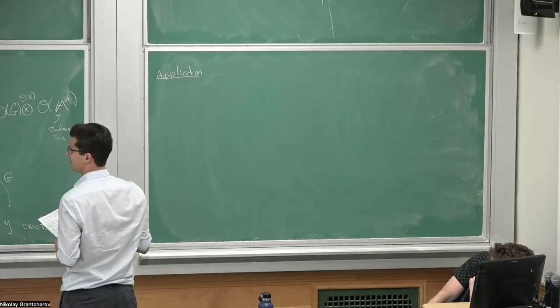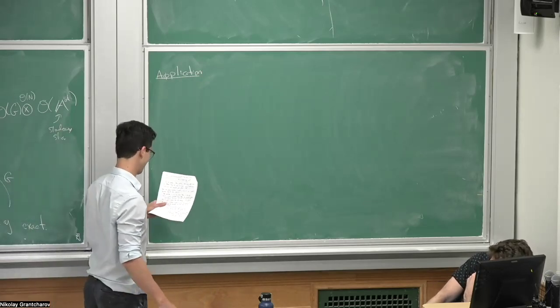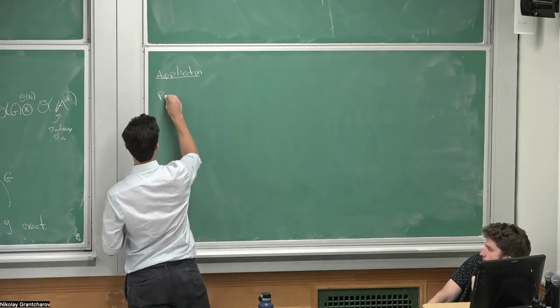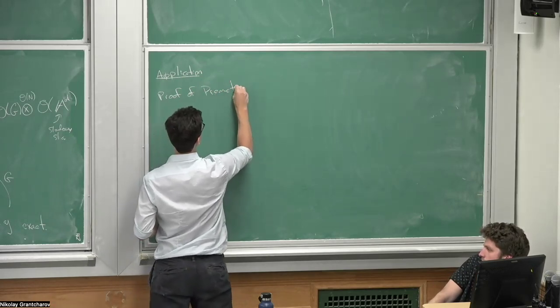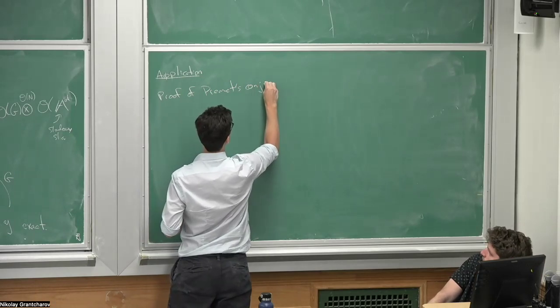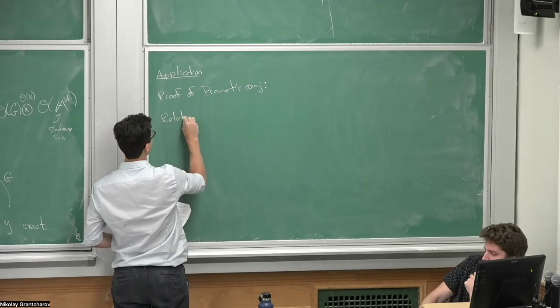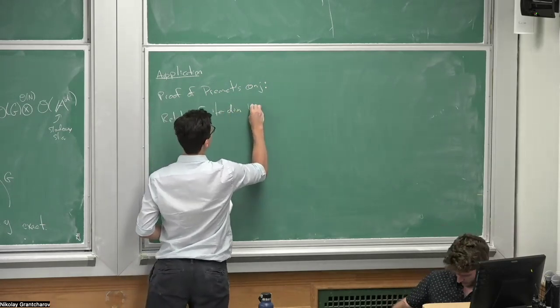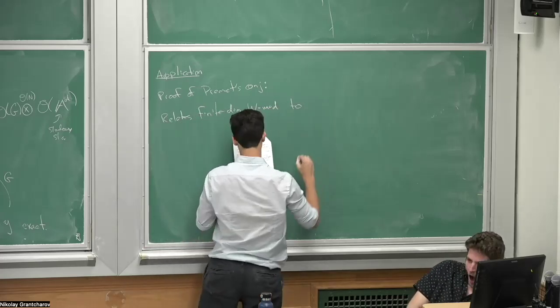The application is to prove this very old conjecture by Premet on primitive ideals, that it relates finite dimensional W modules to